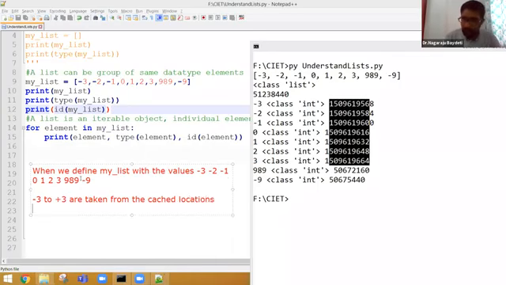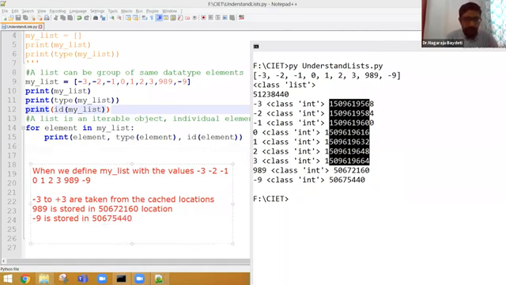Then 989 is stored in the 50672160 location, and -9 is stored in 50675440.